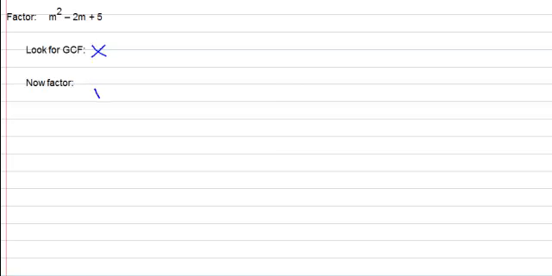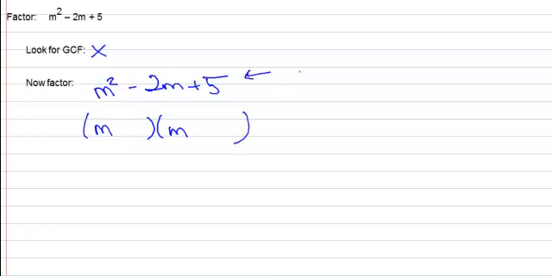And now we just factor it. So I'm going to put the m squared minus 2m plus 5. Now I'm really encouraging you to think about how I was speaking in the last one and then how to identify things. But if we look at the first thing, we say, okay, I put in the m and the m there. Now our next step after we get that done is we ask, what are the factors of 5? I'm just going to write it so you see it. Factors of 5